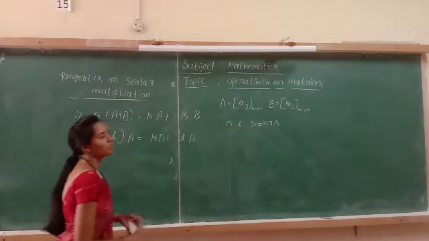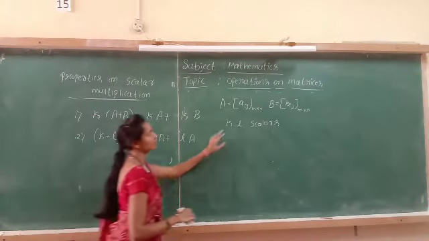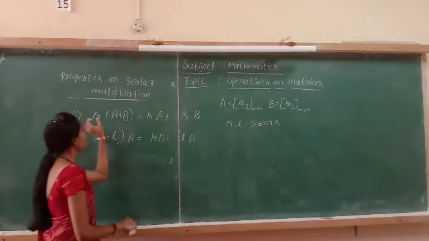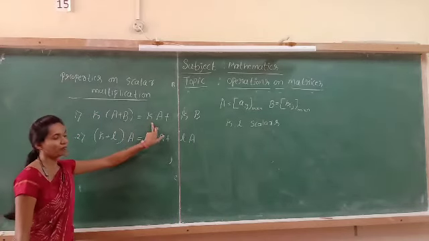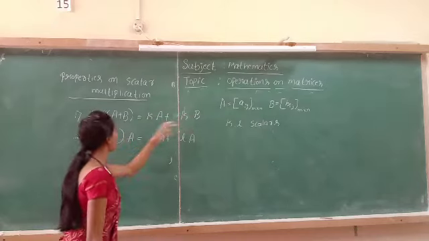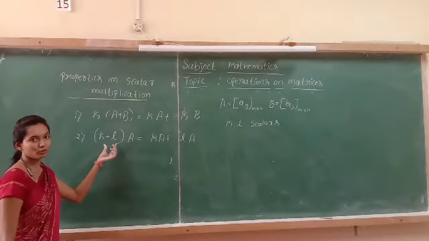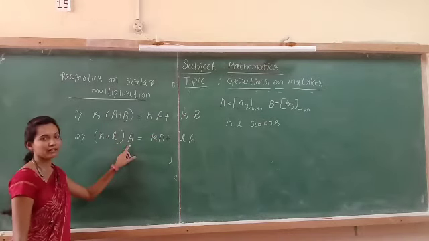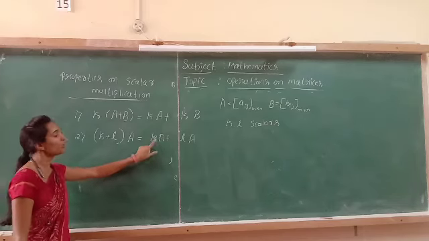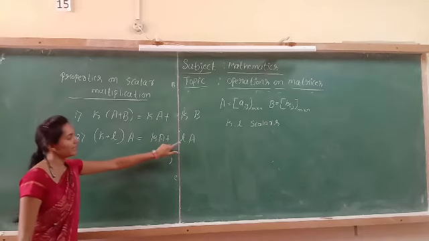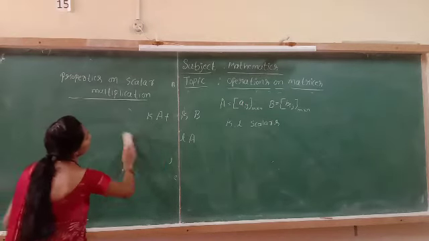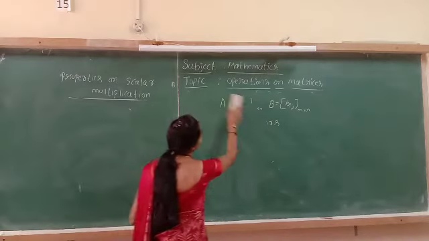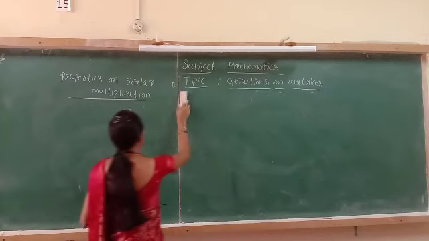Look at here, capital A and capital B are those two matrices, where k and L are the scalars. The first line indicates k times of (A plus B) is equal to k times of A plus k times of B. And the second line is the addition of these two scalars and then multiplying with the matrix. The resultant is equal to k times of A plus L times of A. So next I will move on to explain one of the examples regarding these three properties.